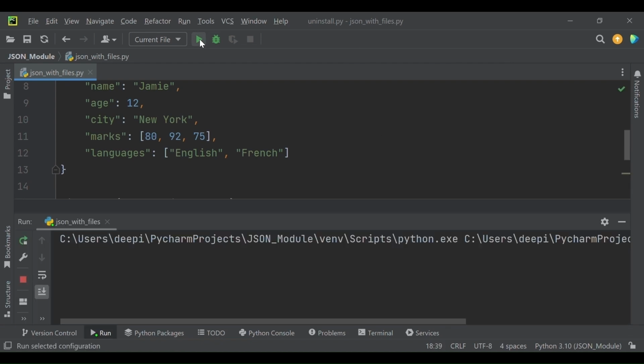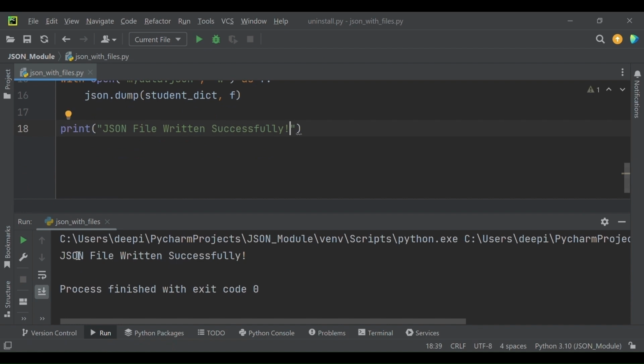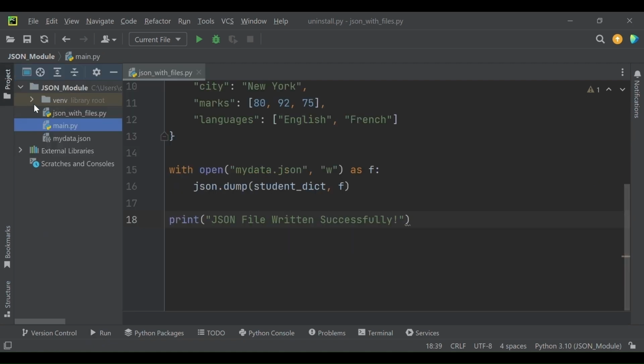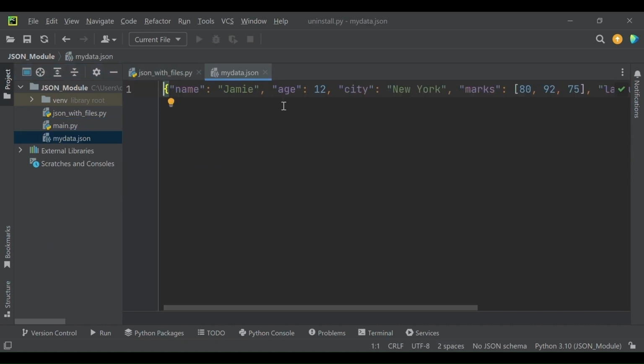Let's run the code. And here you can see JSON file written successfully. And how do we know whether the file has been written or not? We will click here on the project, and here you can see my data.json file is created. Now, as you can see, the dictionary has been written to the file, but it is not in a proper